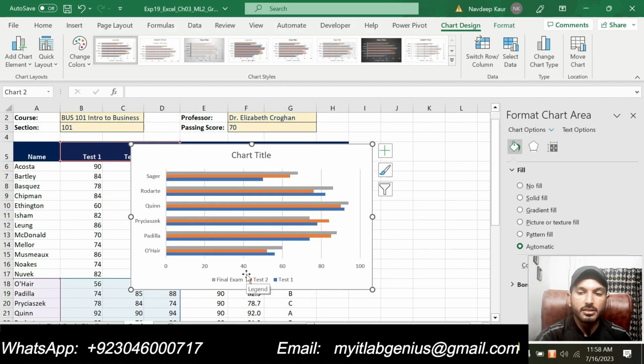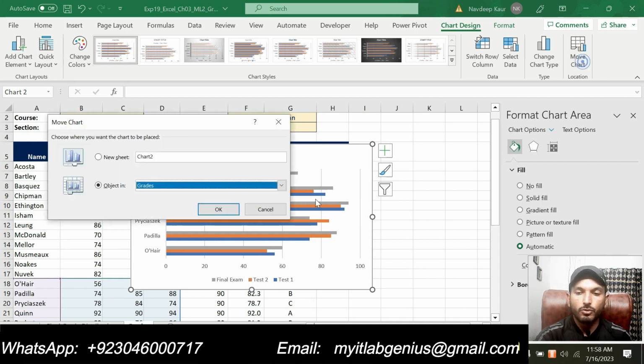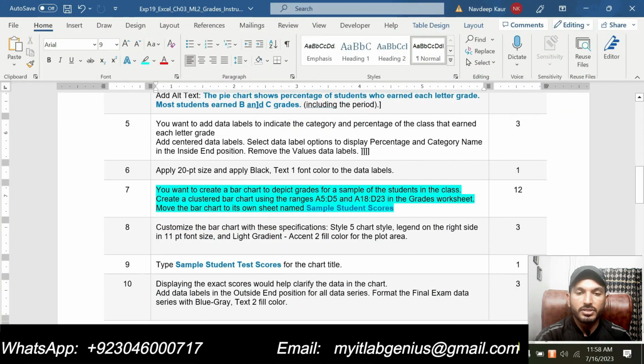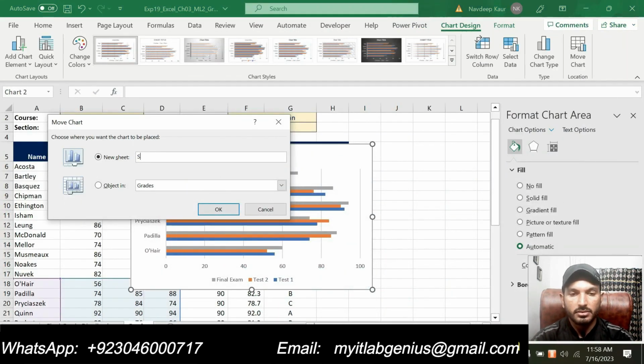So we have inserted the clustered bar chart and now we are supposed to move this chart to a new sheet, and we will simply click on move chart and select the new sheet, and the name of the sheet is given: sample student scores.